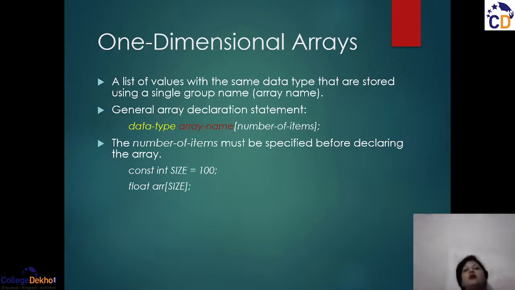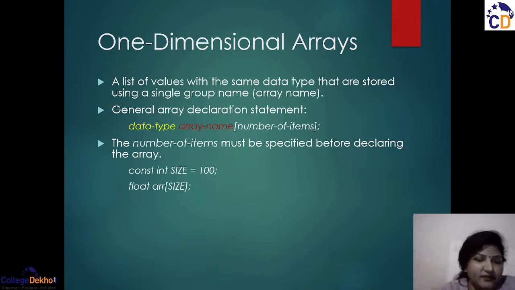Suppose I am taking the example of a house or a hotel. In that hotel, it is going to give you 100 rooms. So the size is defined like this: 100, the size is 100. What is the array name? That is ARR. So you define the data type float, then the array name, and then in your square brackets you need to define the